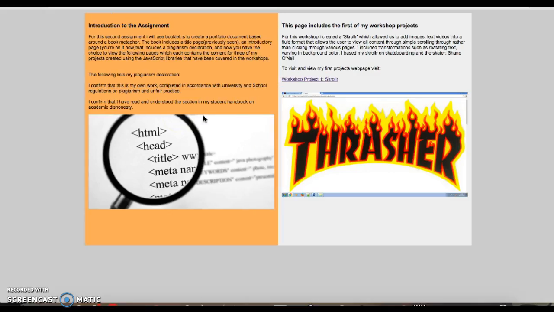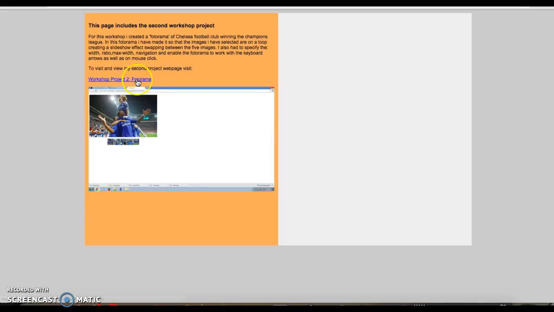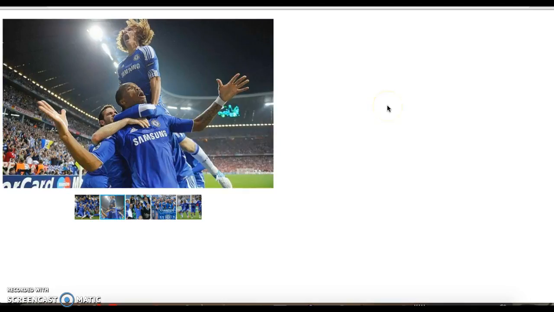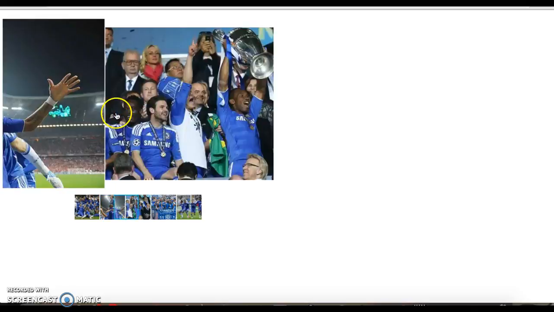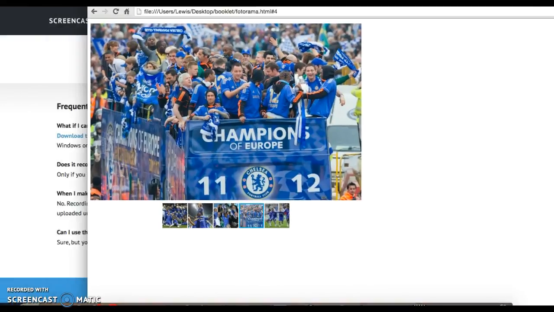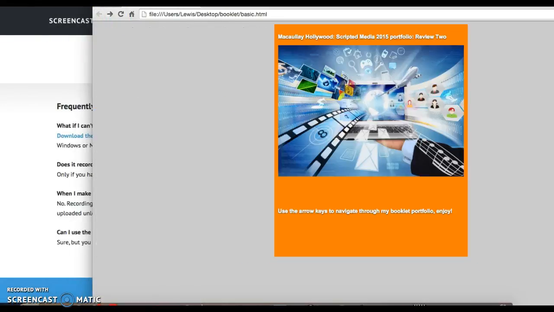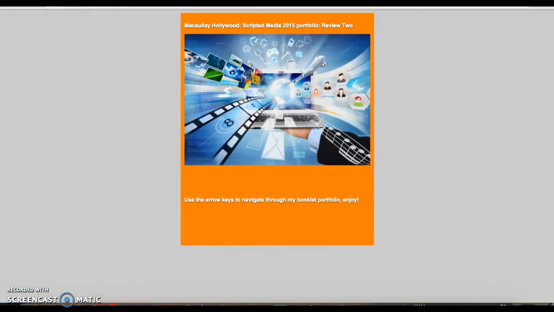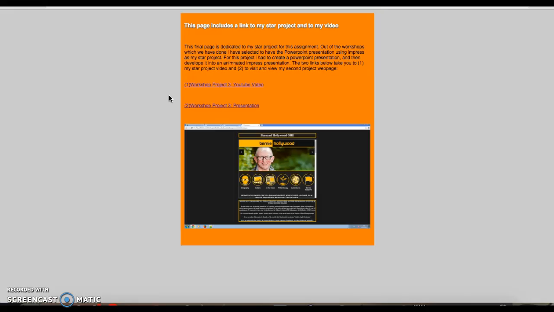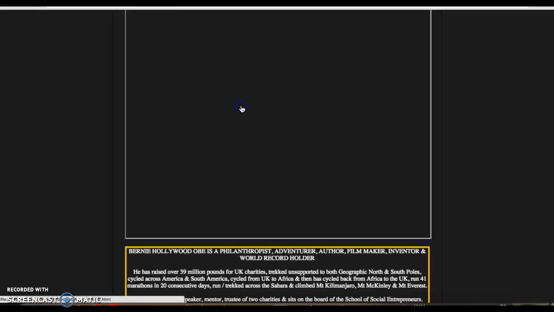Okay, so that is that. And you've then got my Photorama. Again, I'll just have a brief overview of it. That's automatically playing, as you can see, of Chelsea, just a few images that I've selected. I'll just take that back again for you. But now mainly onto my star project, which I've chosen to be my presentation. A brief description with a link to this video and a link to the presentation itself, so without further ado,